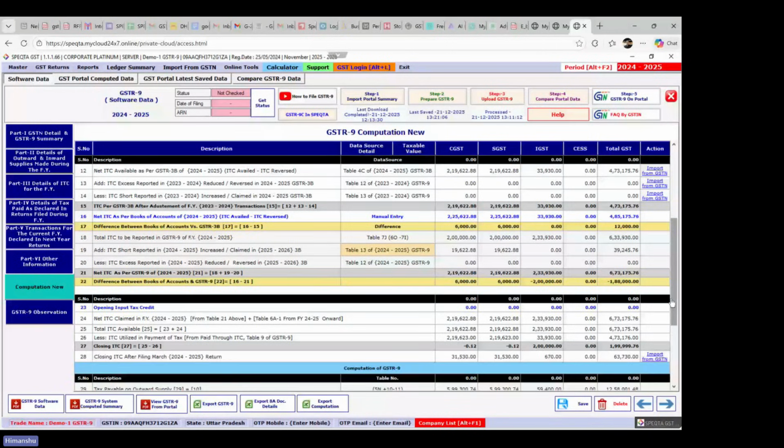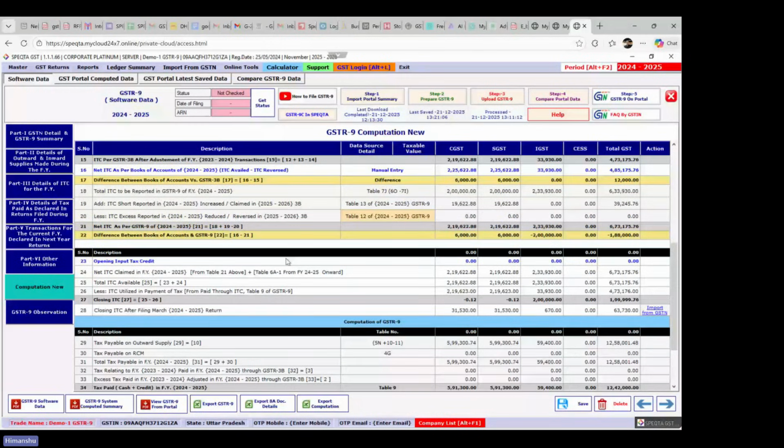फिर नीचे दूसरा एक पार्ट दिया हुआ है जस्ट एक अंडरस्टैंडिंग के लिए, ओपनिंग इनपुट टैक्स क्रेडिट। इसका पर्पस ये है कि आप अपनी बुक्स की ओपनिंग इनपुट टैक्स क्रेडिट डालिए। तो मान लीजिए हमने बुक्स की इनपुट टैक्स क्रेडिट सपोज 0 ही थी, ठीक है। तो ये देखिए पहले क्या आ रही है, टेबल नंबर 6A से आ रही है, A1 से आ रही है और ऊपर 21 से आ रही है। फिर यहाँ पर टोटल आईटीसी अवेलेबल आपके पास कितनी है, उसमें से आपकी कितनी आईटीसी ड्यूरिंग द ईयर यूटिलाइज हुई।